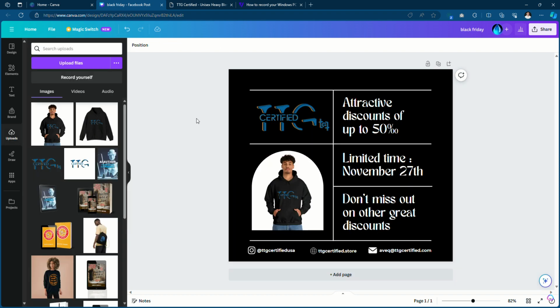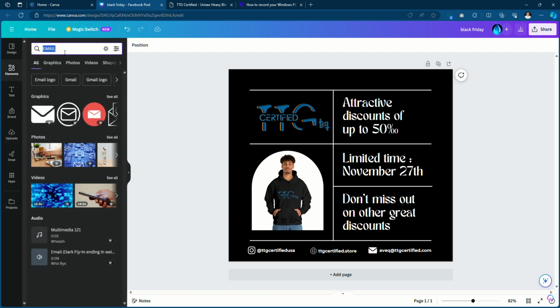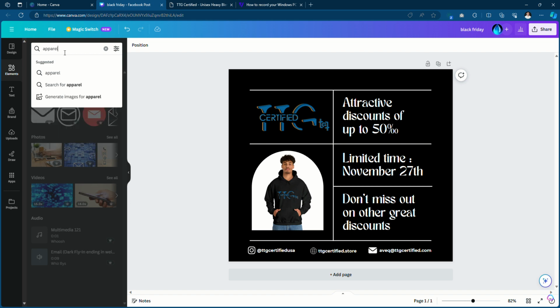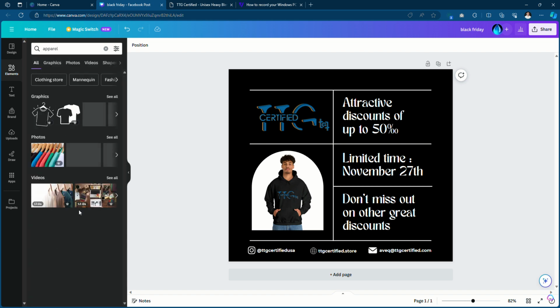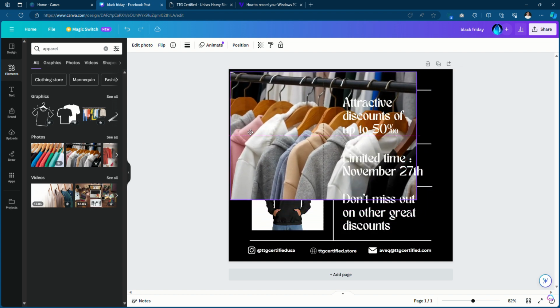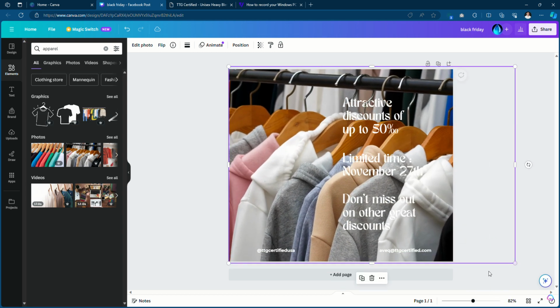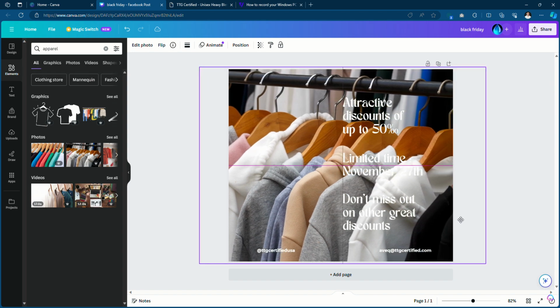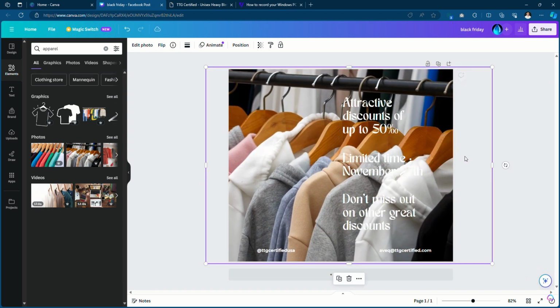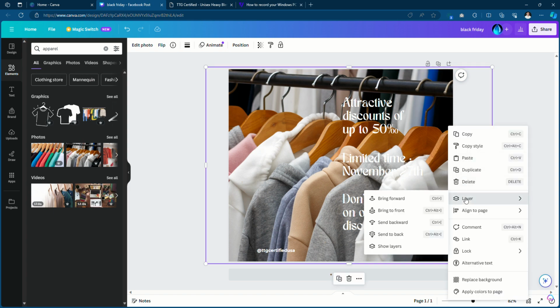Let's remove that image and replace it with parent image. Then this one, and enlarge this, then put it at the back layer, so that it will be under the black background that we have right now.